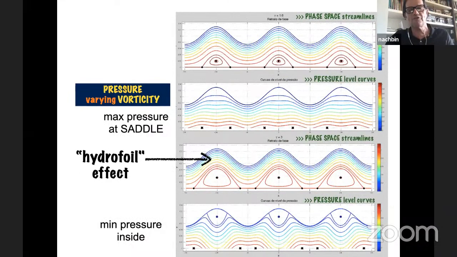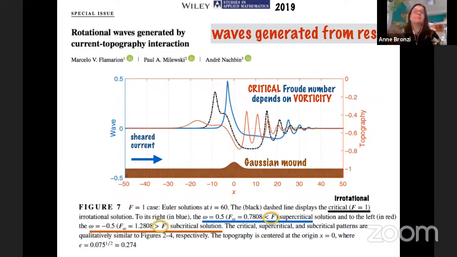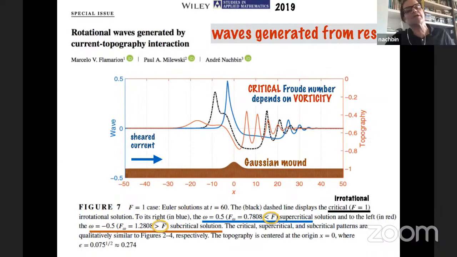So the hydrofoil effect. Okay, so we kept on going. There was this other student of mine, Marcelo, who was co-advised by Paul. He spent some time in Bath, where we looked at this problem suggested by Paul of a current interacting with a submerged mound, and there's no wave in the beginning. Basically, this will generate waves. There were a lot of papers with KdV equations for this problem. Grimshaw is one with many papers, and you can show that a pressure on top is equivalent to a current. We added a shear current and so on.